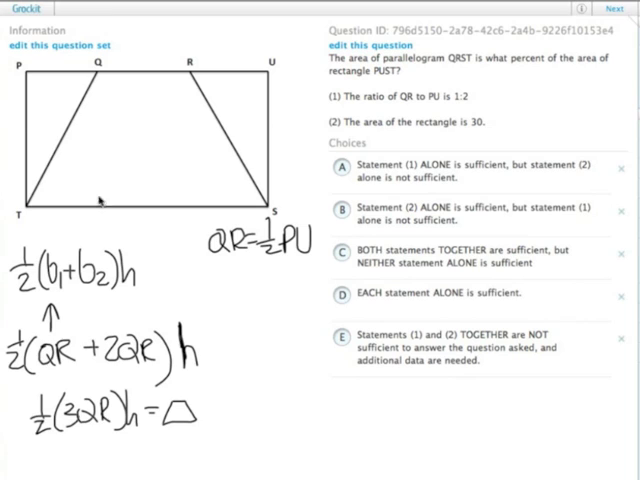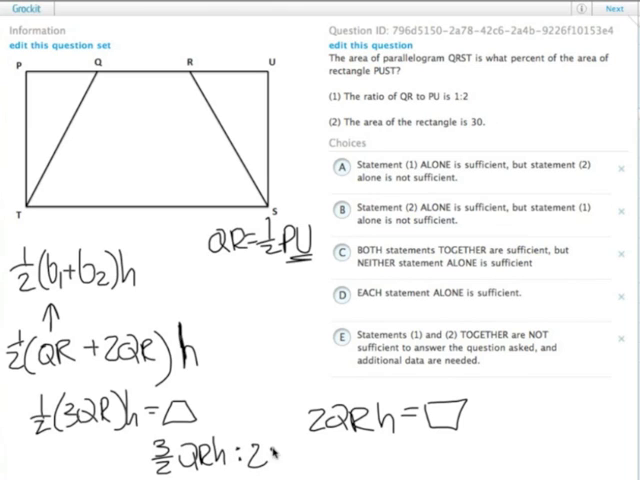Compare it to the rectangle, which is simply one of these bases. We know that the base of the rectangle, PU, is twice QR. So 2 times QR times whatever the height of this thing is equals the area of the rectangle. So we are comparing basically 3/2 QRH